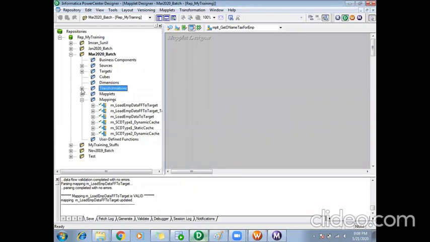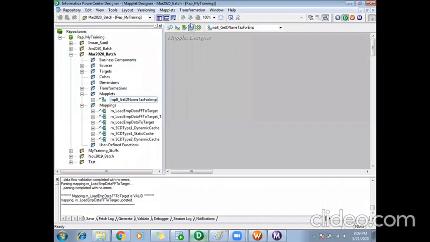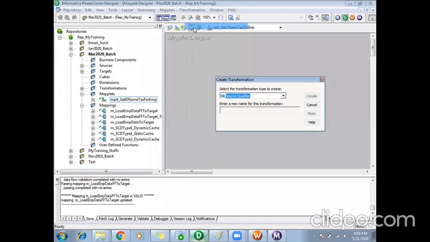The maplets will come in this maplets folder, so the one which I have created is here. As I told, for a maplet we need a maplet input and a maplet output. So where will we get it? In my transformations. This is my maplet, I'll go to the transformations tab. It is again a type of transformation.